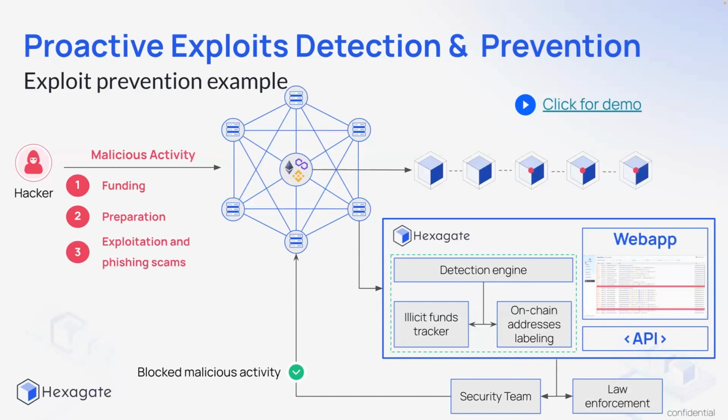Now, hackers normally at this point, if nothing was blocked, send the exploiting transaction using the exploiting contract. Eventually, if the attacker is successful, of course, he starts to launder the money and move his funds potentially to a mixer or to an exchange that has no KYC and so on. But with Hexagate, we're eliminating that step because we're proactive and we're actually detecting the threat before it impacts anything.